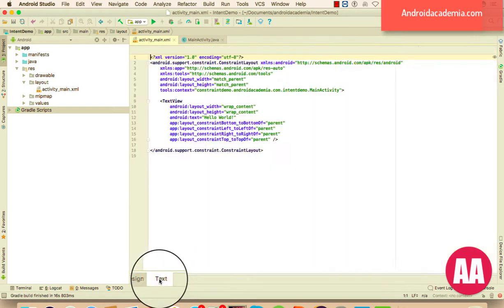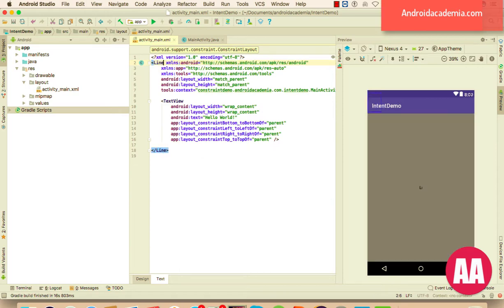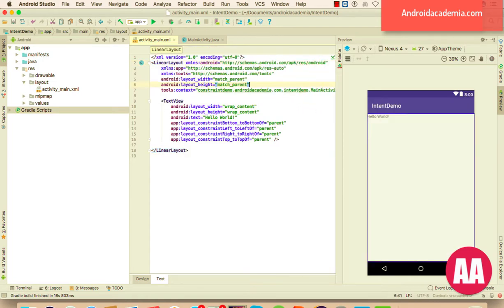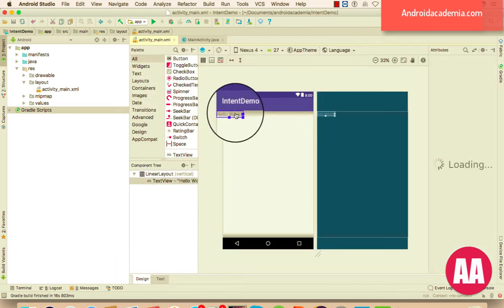Okay, so first I'm going to change this constraint layout to the linear layout. I have a different section regarding the layout, don't worry, just change it to the linear layout. And here what you can do, you can change the orientation to vertical. All right, and let me use